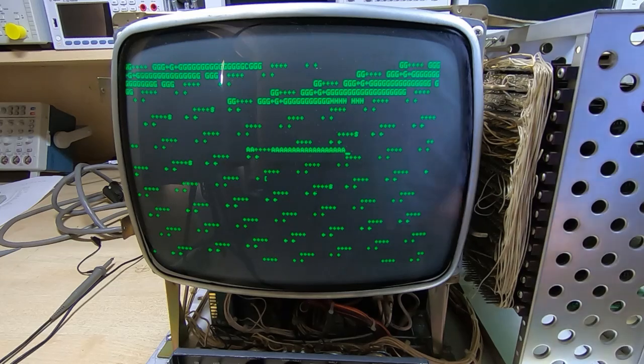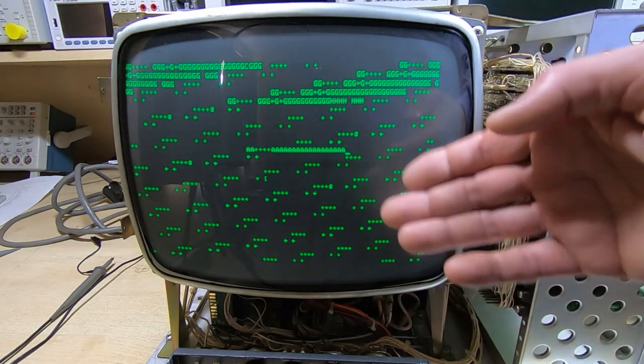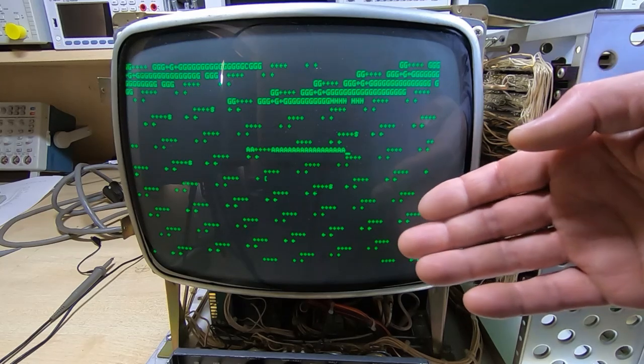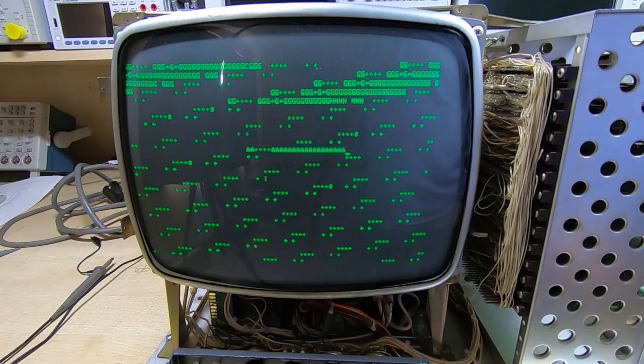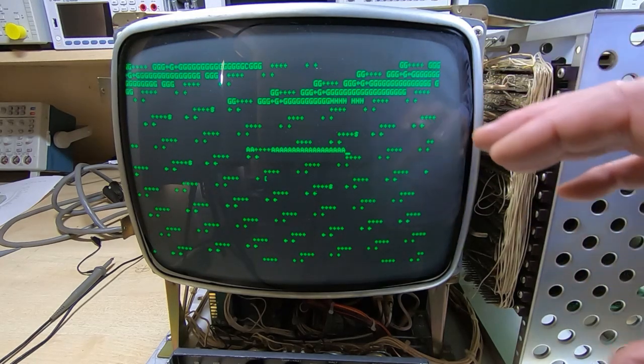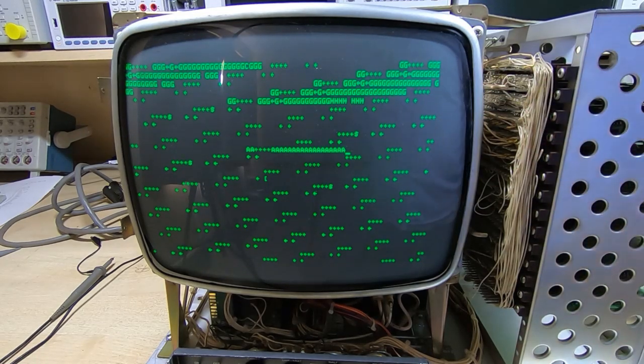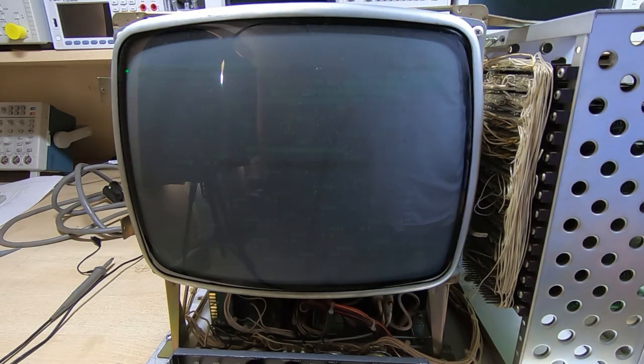I don't know if it's supposed to automatically clear the RAM when you power it up. Bear in mind there's no processor in this thing as such, so certain functions that you might expect in a more modern system, such as clearing RAM, may not exist. It may not do that. I'll check the manual. If not, it might be a case of you have to clear it explicitly when you start the machine up, and then you type whatever you want